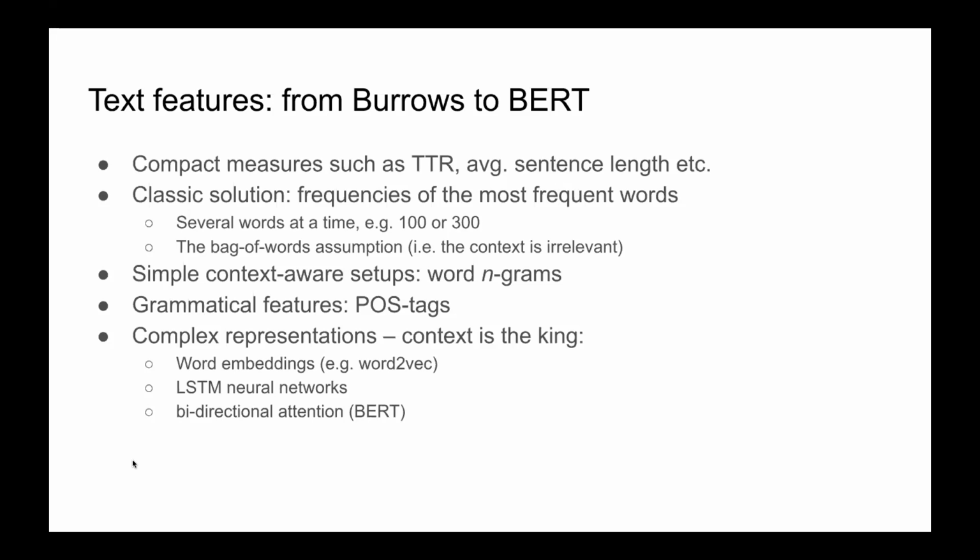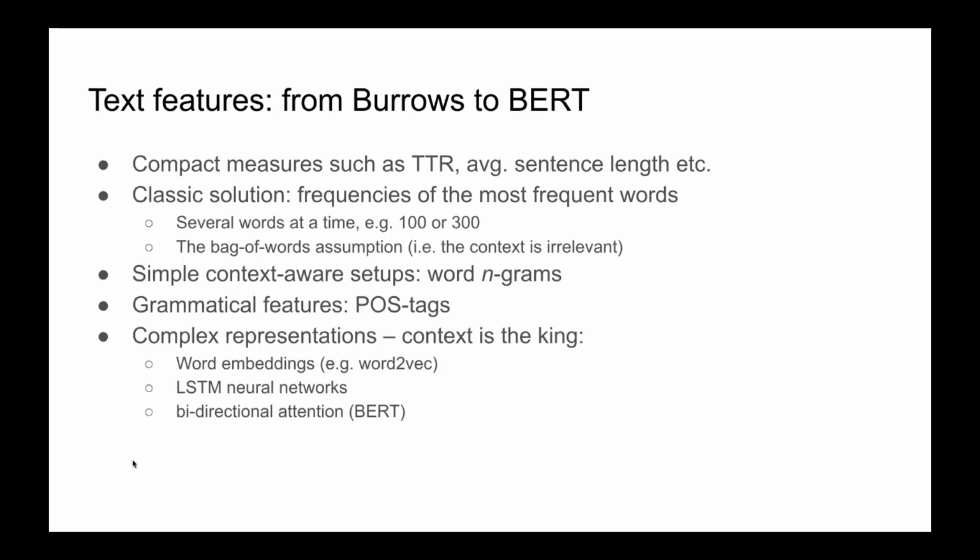And there have been many different approaches to this problem, starting from very basic features. At the turn of the 19th century, there were some ideas that the average word length might be a secret key to authorship, or average sentence length, or lexical density, such as type token ratio, or TTR. So these simple measures were hoped to show us more authorship idiosyncrasies, right?